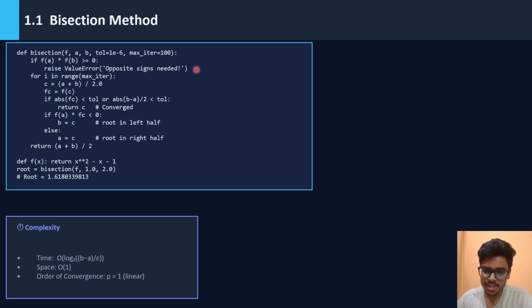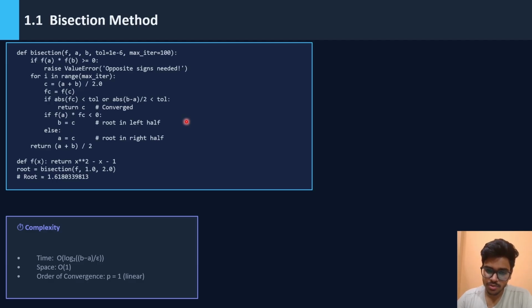If the function value at c is very close to 0 or the interval becomes very small, we stop and return the root. Otherwise, if the sign change occurs between a and c, then the root lies in the left half, else it lies in the right half. So every iteration cuts the interval into half. That is why the time complexity is logarithmic,